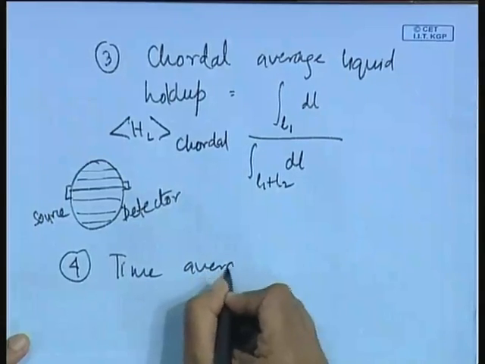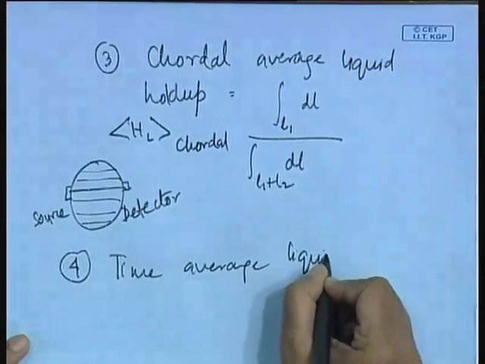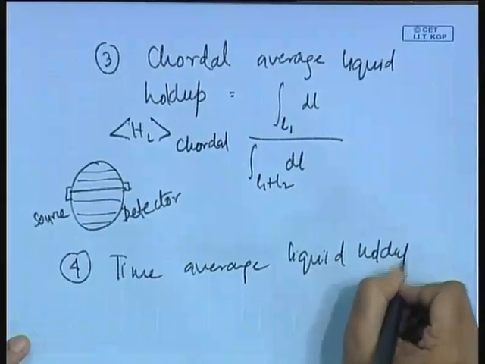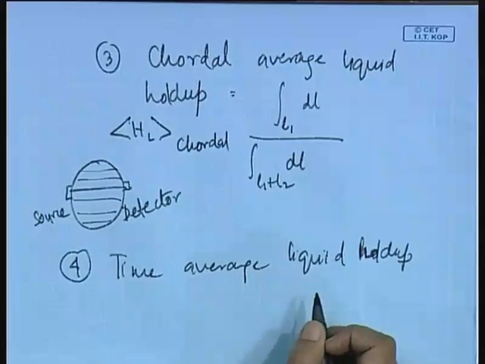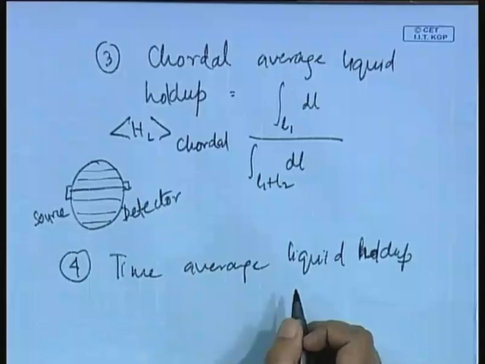Okay? So, apart from these average values, it is very important to know the time average void fraction, which we can find out by noting the in situ compositions at different points across a particular cross section. So, this gives us the next definition, which is the time average liquid holdup. Okay. This is usually defined as